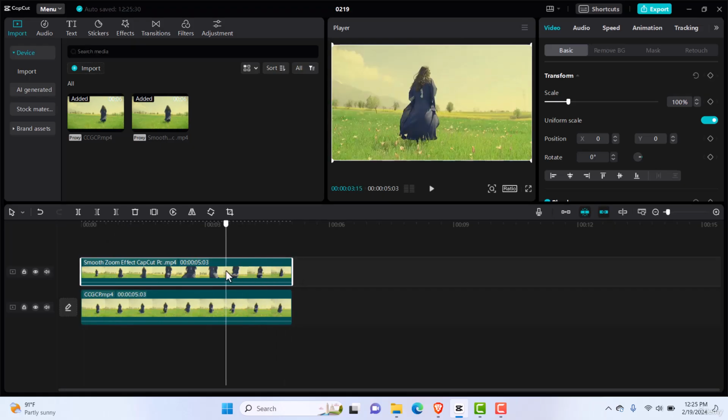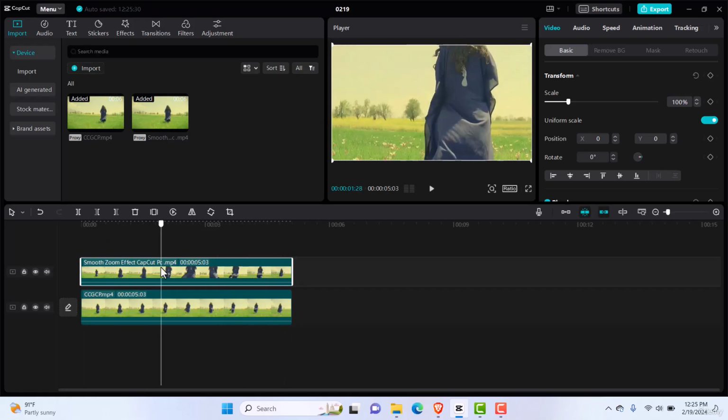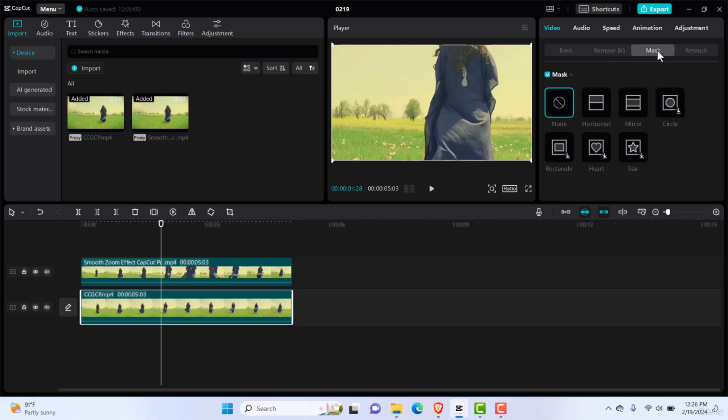So now I want to compare it. Just for instance, you want to send it to your client, or you just want to make this effect in your videos and you want to put them side by side. So what will you do? Starting with the clip below, you're going to click on it and you're going to go into video and mask. Okay, it's going to be on basic. You're going to take it to mask and click on that, and you're going to be using this horizontal mask tool. So you just click on that, and now what you're going to do is to turn this 90 degrees